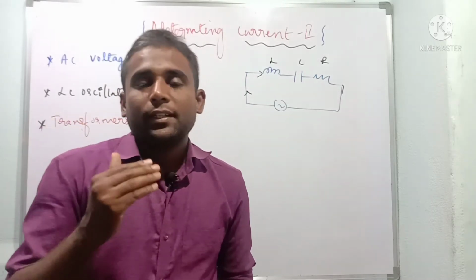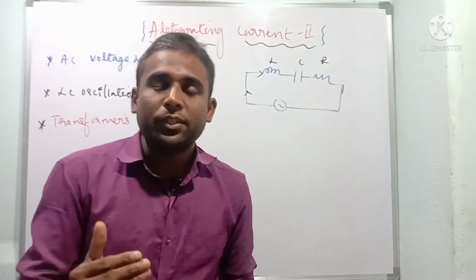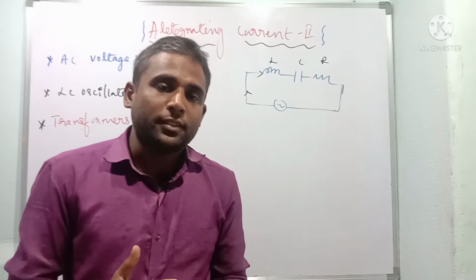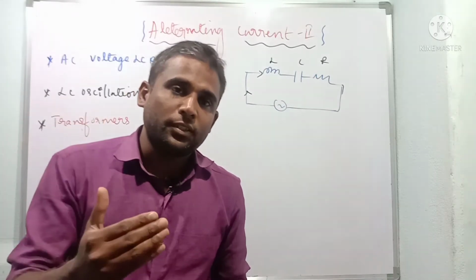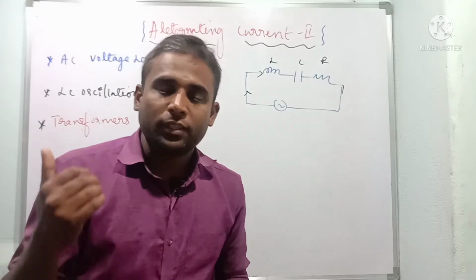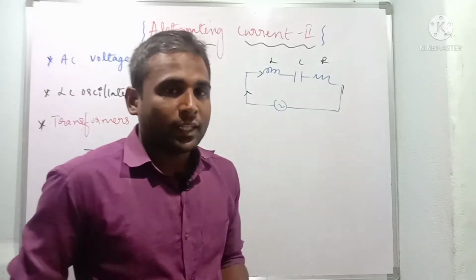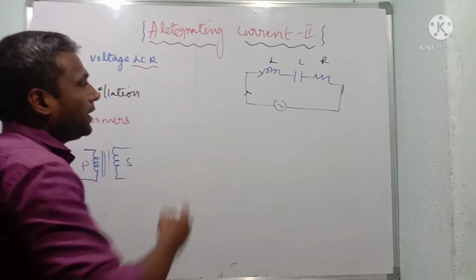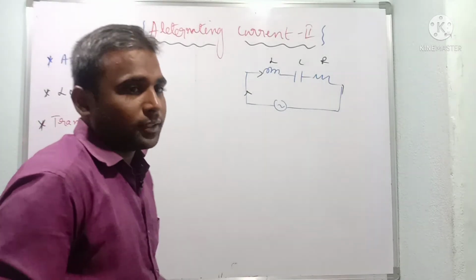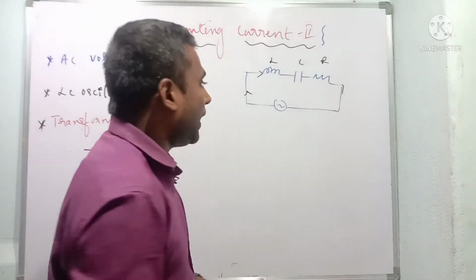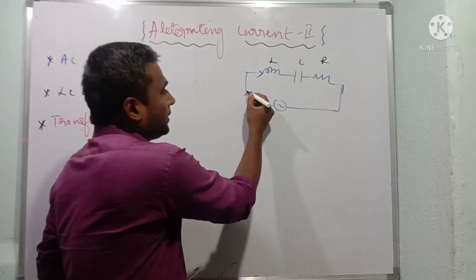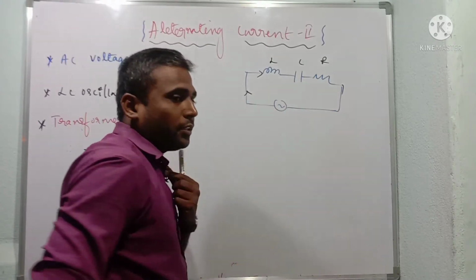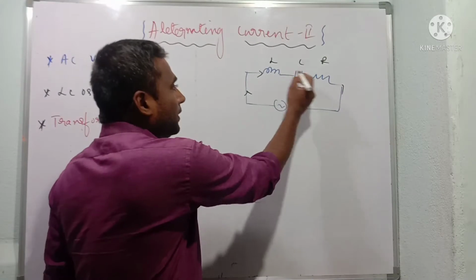Dear students, in the Alternating Current Part 1 video, we understood what happens when current passes through a resistor, inductor and capacitor. So today we are going to understand AC voltage through an LCR circuit. Now I am going to pass AC current with the help of an AC source into the LCR